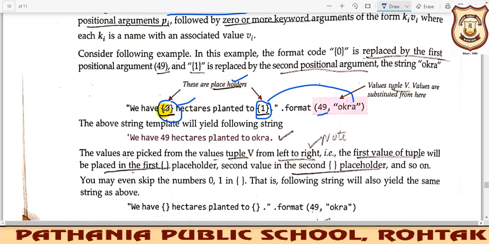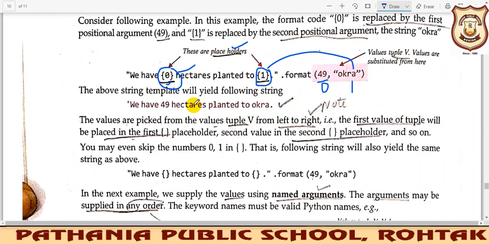Okay, so inside the curly bracket, even if you are not writing anything, it is okay. You can leave it blank also. Even if you are writing 0, it will match. This is 0 index, this is 1 index, so it will take this particular data and this will take that particular data.